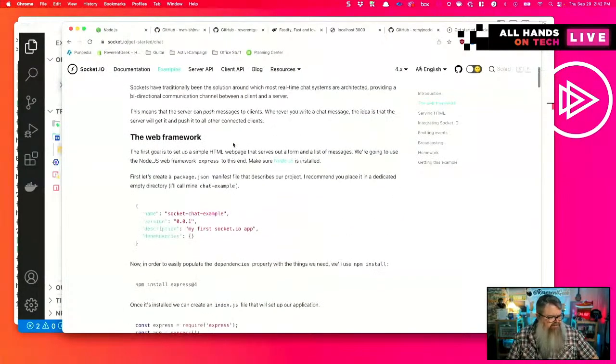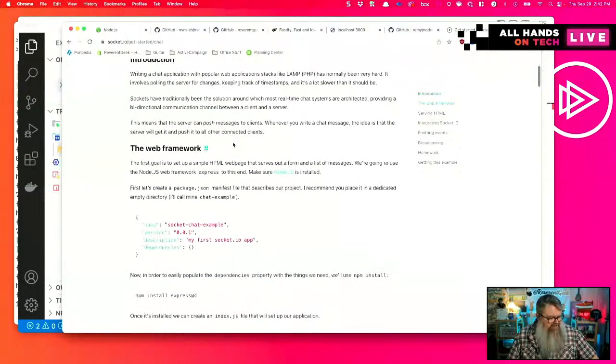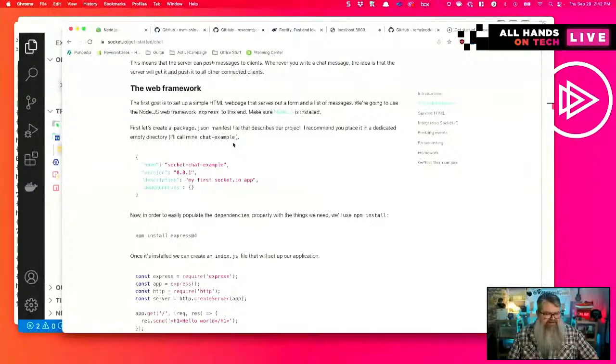So the example that they have assumes that you're using Express. This is the kind of thing I run into all the time with building Node.js. Express is so widely used that it's kind of like the standard, and just about any documentation is going to include, well, this is how you set it up with Express, which is great. But in our case, we're not using Express.